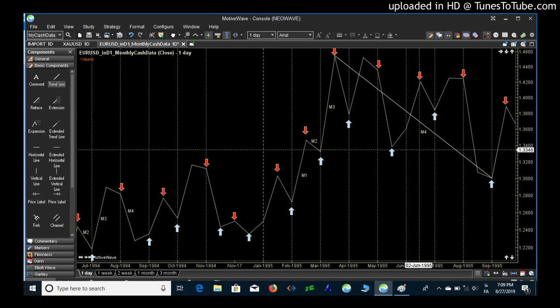Zooming in on that, since B waves virtually always take more time than A waves, with a few exceptions, but they almost always do. All we have to do is take the time of wave A and add it to the time of wave B, and we get the minimum time typical for a B wave. So originally I had it here, and if you take 61% of it, this is a log scale. So if we take 61% of that,